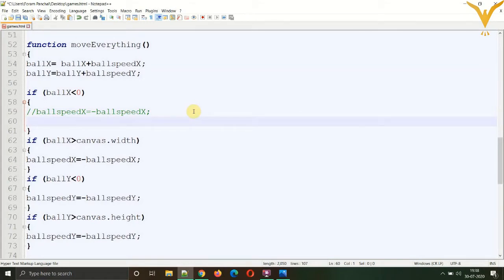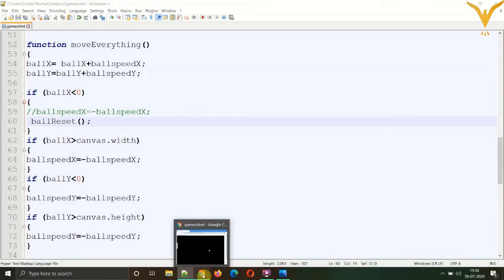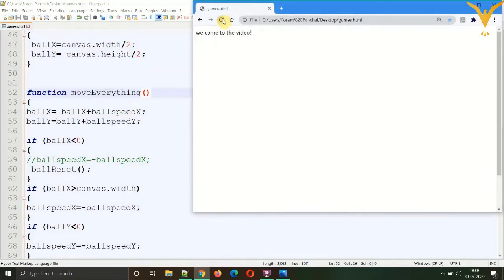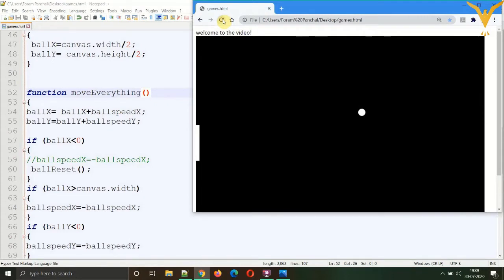Over here we'll call the function ballReset and save. Now let's refresh. Let's see that whenever the ball touches the left edge, it should reset to the center. Now you can see it is resetting the ball's position towards the center.